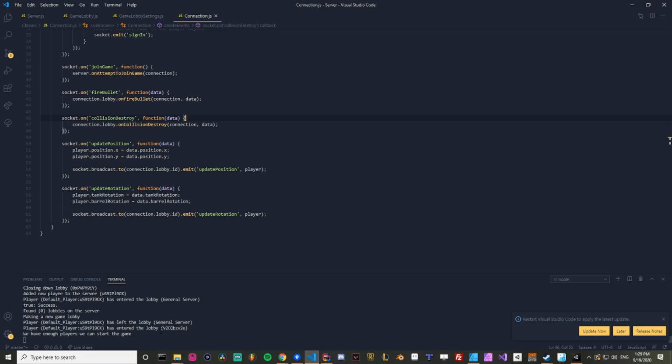We left the general server and we went to game server, but we're still in this lobby. While we're visually out of the lobby in the client, we're not actually out of the lobby on the server,